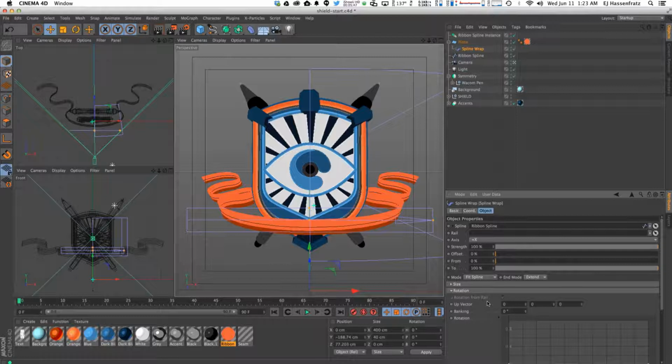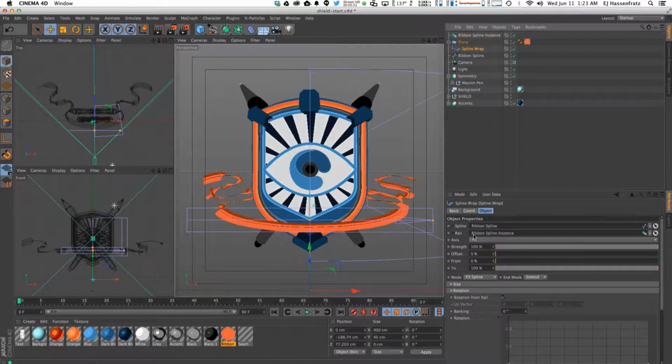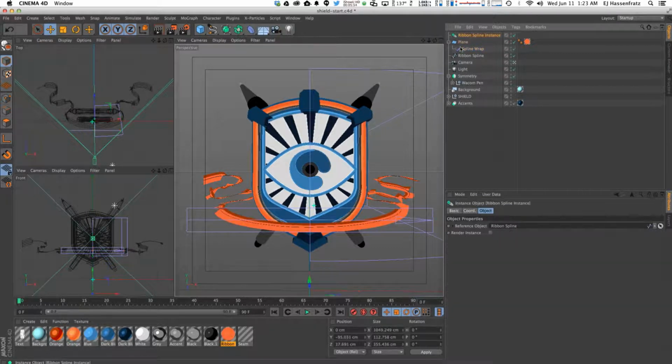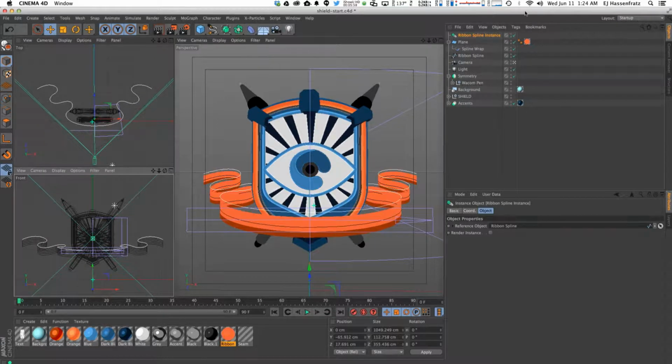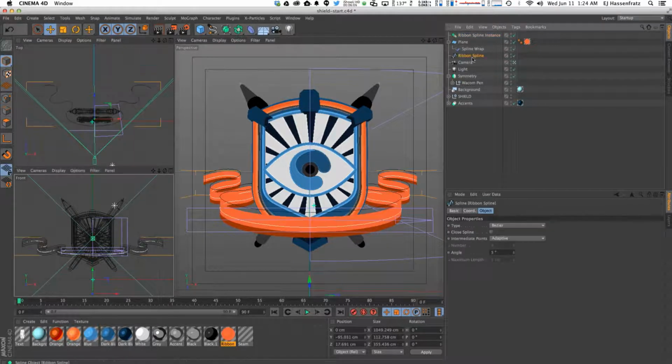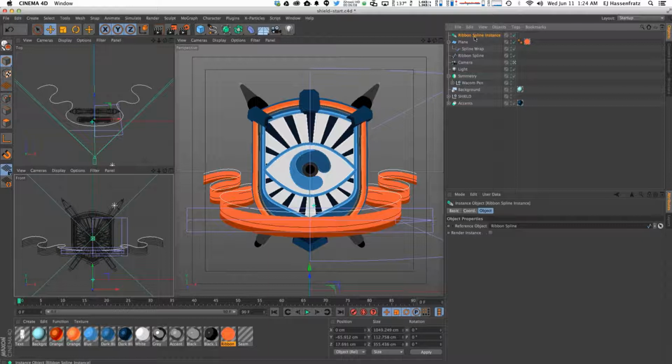So what I'm going to do with this rail is use this ribbon spline instance. And you can see it's all janky right now, but if I move our spline instance up in Y, you can see that flattens everything out. And that's because we're using the exact same spline as our spline instance, only moved upwards to be our rail. So everything's going to be nice and flush, and our edges are going to be nice and flat in the Y. So if I render this,